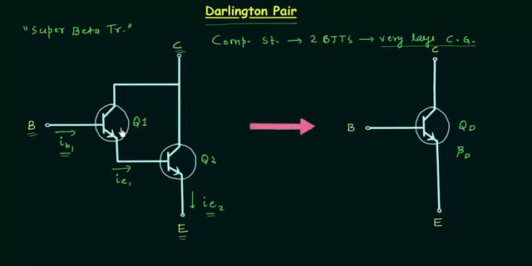The current gain of the Darlington transistor is, let's say, beta subscript D. The current gain of the first transistor is beta 1, and the current gain of the second transistor is beta 2. Now we have to find beta D. Beta D is equal to beta 1 multiplied by beta 2, the current gains of these two transistors. We will prove this shortly. The Darlington pair was invented at Bell Labs by Sidney Darlington